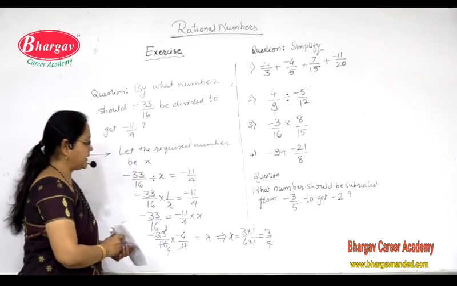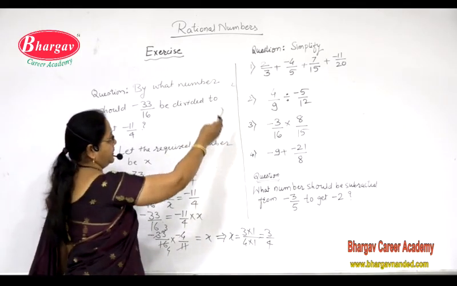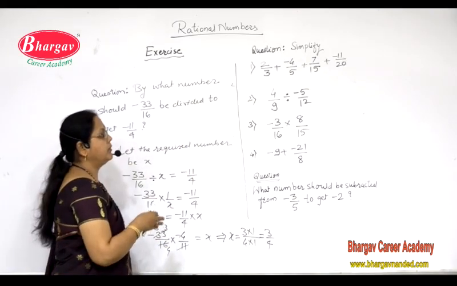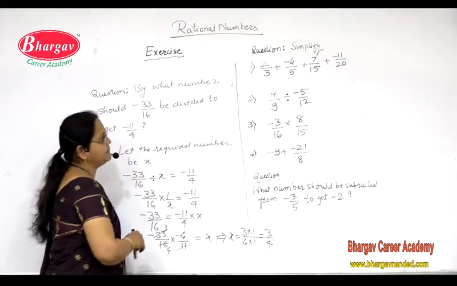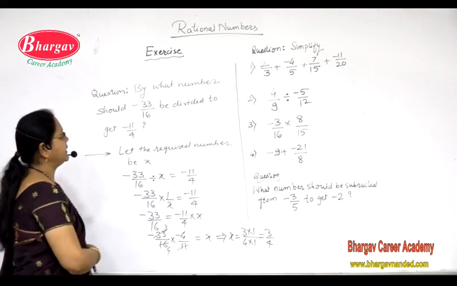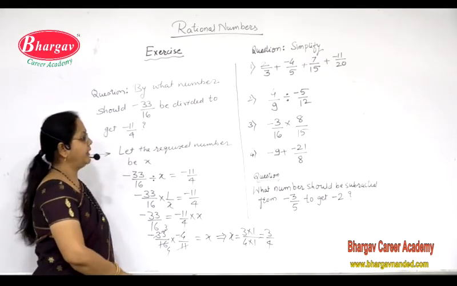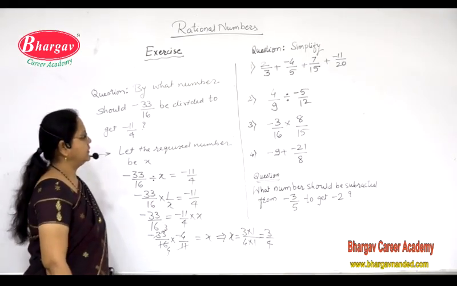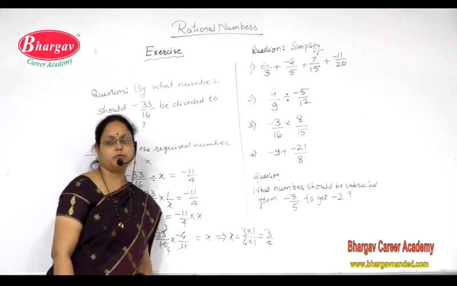So such type of examples will be there in exercises. Either you have to add, subtract, multiply, divide. The question will be like this: simplify, where we have to perform more than 2 operations. And if you are having word problems based on this particular article of operations on rational numbers, you will get such type of examples there and you need to find out that unknown number which is asked in your question. So these are a few sample examples based on the operations on rational numbers. So we stop it here today.